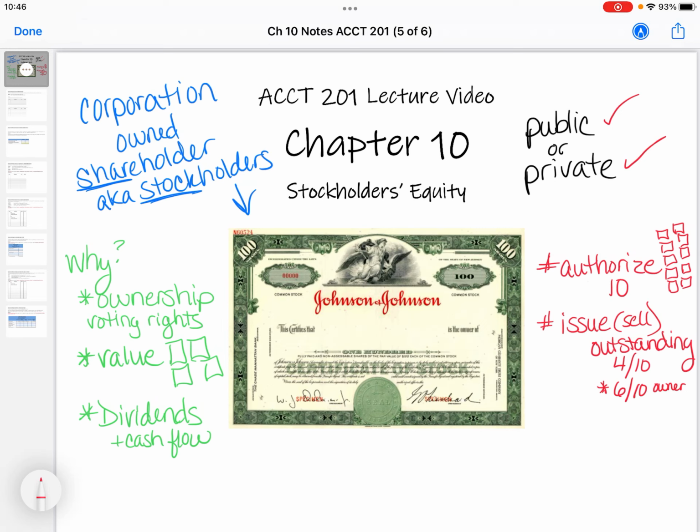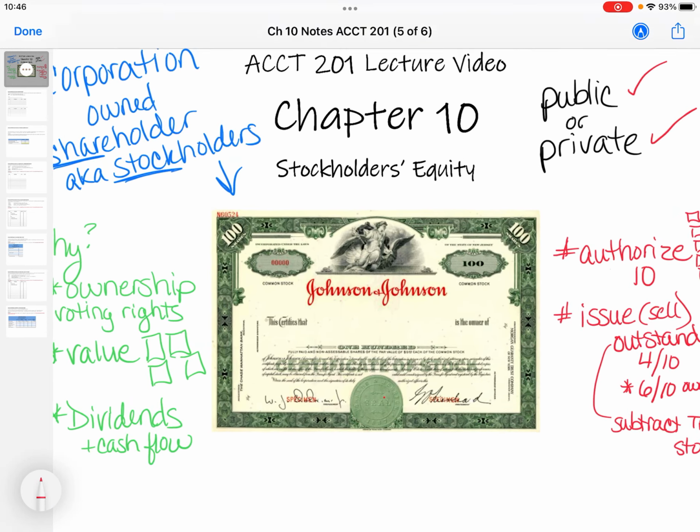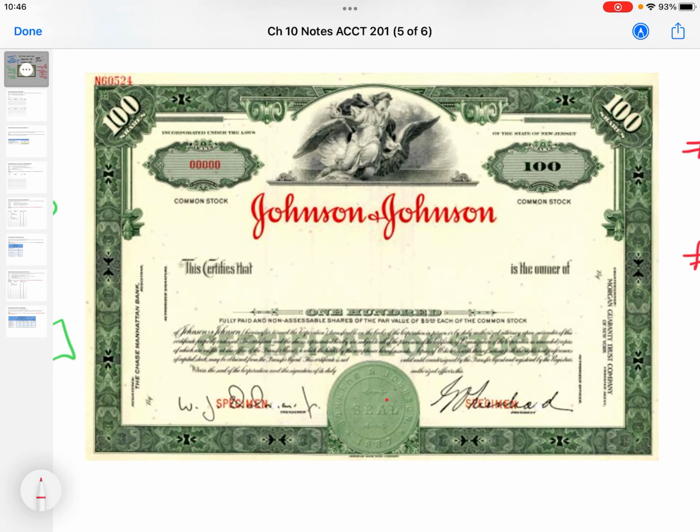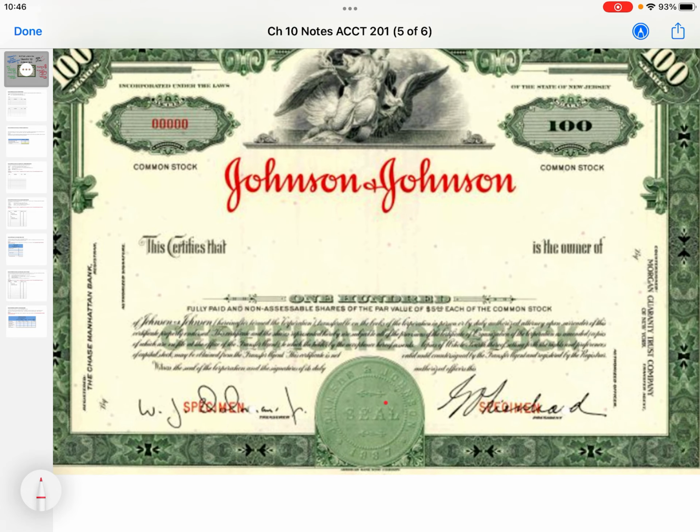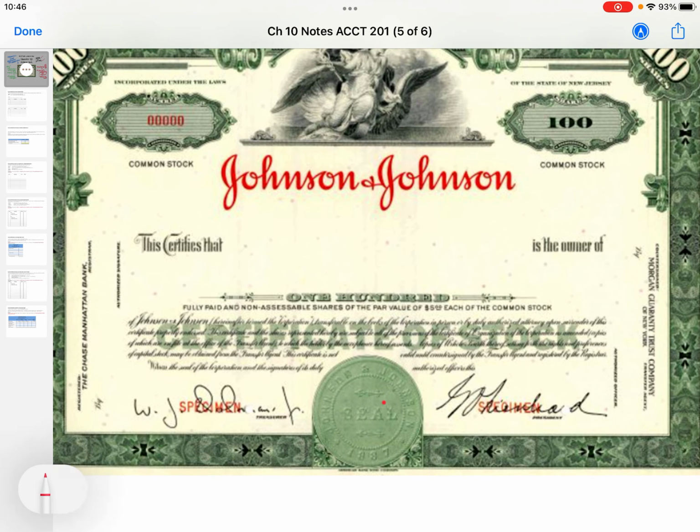Okay, I don't want to talk about treasury stock yet because I'll do that in another example. But at some point from this outstanding, we would subtract treasury stock. So I'm just going to put, oh, nope, I can squeeze it in. Treasury stock. Okay. All right. We've done a lot of talking about this chapter, so much, and we're going to learn even more as we go in. Actually, wait, before I move on, I did want to zoom in. I know it's really, really hard to see, but there is a par value on this piece of paper, and that's the first thing we're going to talk about in just a minute.